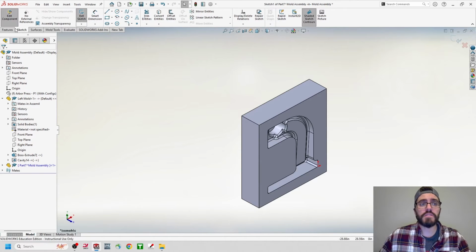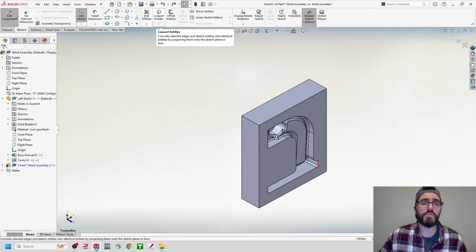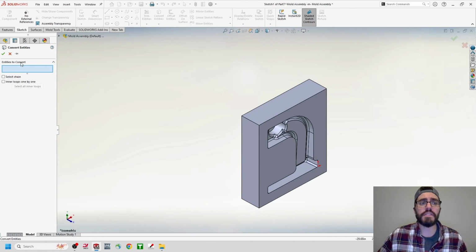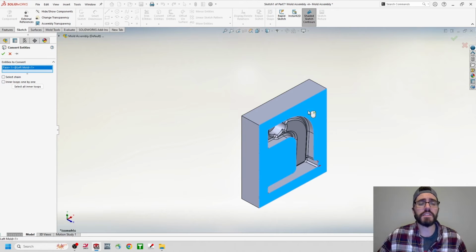As a reminder, we did start a sketch here on that face when we selected it, so this should be relatively simple. I just want to create another extrusion that's going to match the left side mold, going 2 inches to the right. Now, I'm going to attempt to save ourselves a couple clicks here by converting all the outside edges from the left side mold. So inside the Sketch tab, I want you to find Convert Entities. We'll click on Convert Entities, and the entities that we want to convert, we can just select this entire face. Now, whenever we select a face like this, it's only going to select the outside loops unless you choose to select all inner loops. So just leave this alone for now, and we'll hit the green check mark to convert